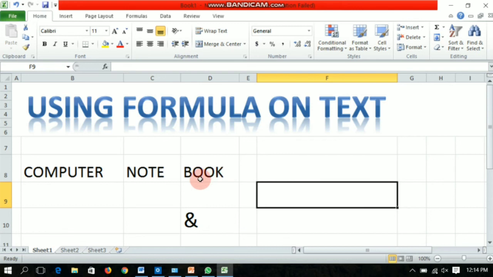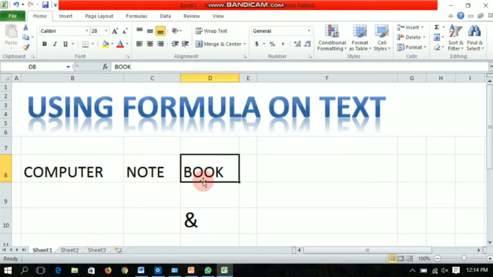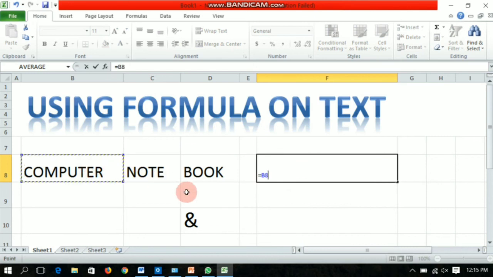Now I will tell you how you can add two or more texts. Here in B8 I have written computer, in C8 I have written note, and in D8 I have written book. In the F8 cell I want their addition. First of all, we will press the equal to key, then I will write the name of this cell.